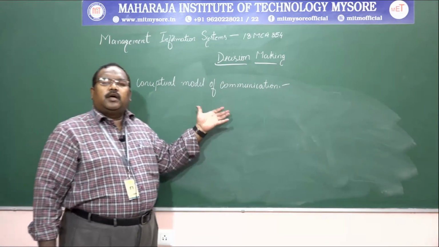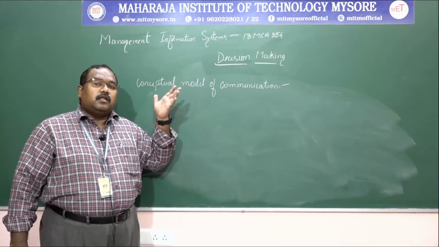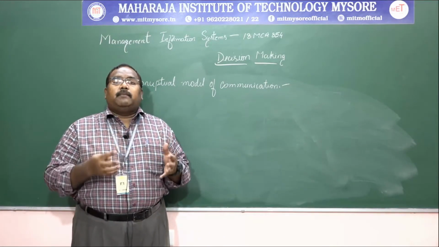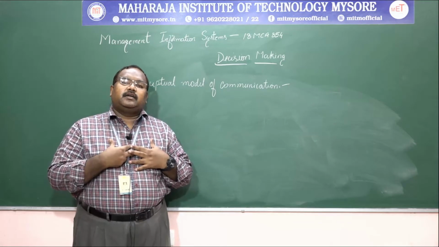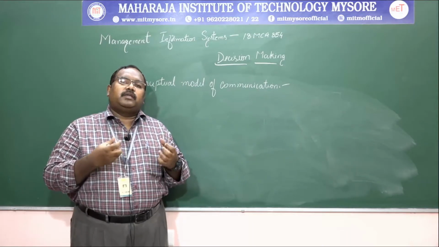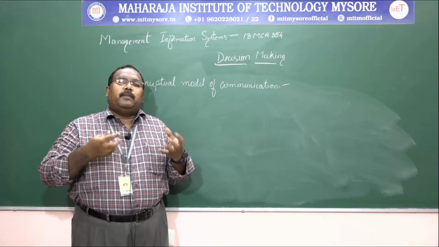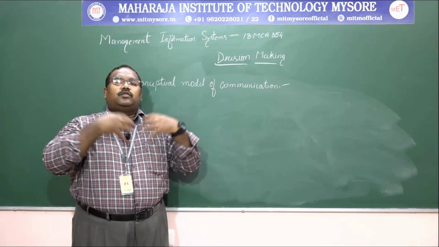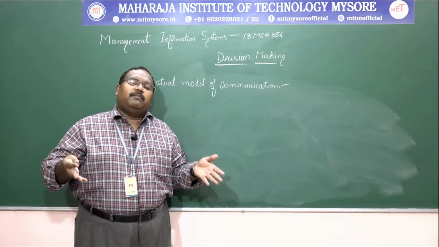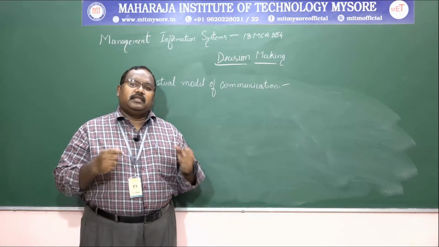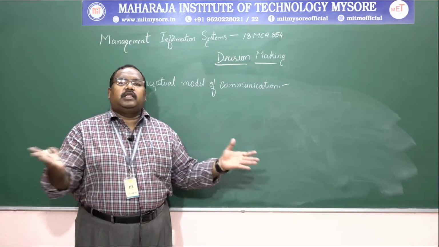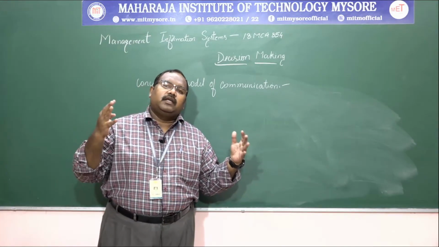So we have seen why communication or a flow of information is needed. In the first class itself, I told you one important concept: the MIS system is like a heart in a human body, whereas information is like blood, where the heart needs to pump the data, purify it, make it into pure blood and circulate it to all parts of the body. When the pure blood circulates to all parts of the body, it keeps working, regenerated and energized. In the same way, the MIS system collects the data, purifies it and circulates it to all the parts or all the entities of an organization.